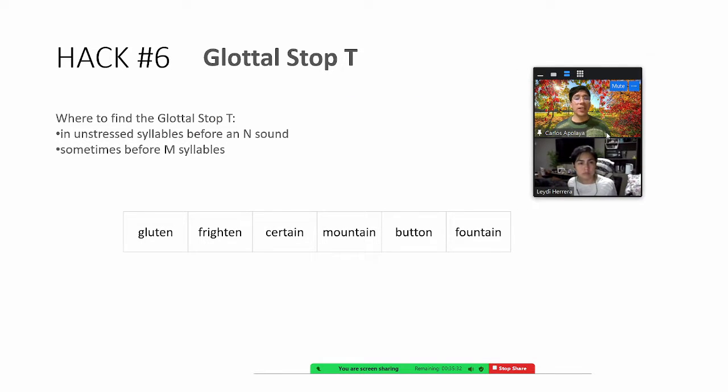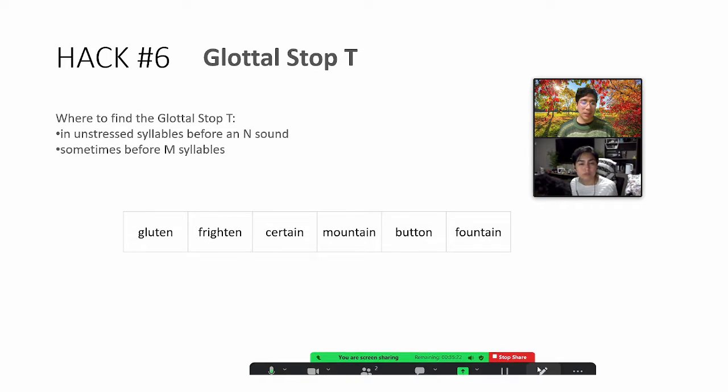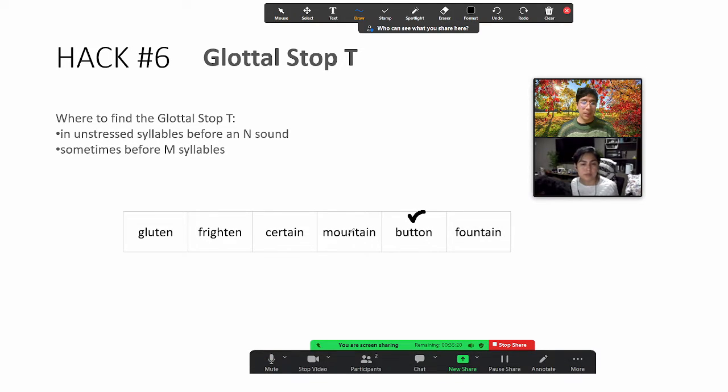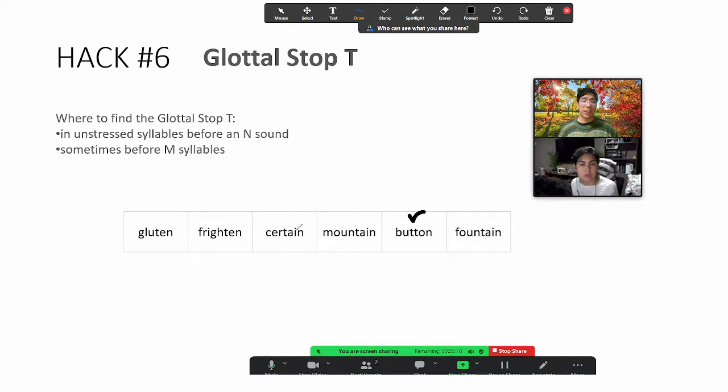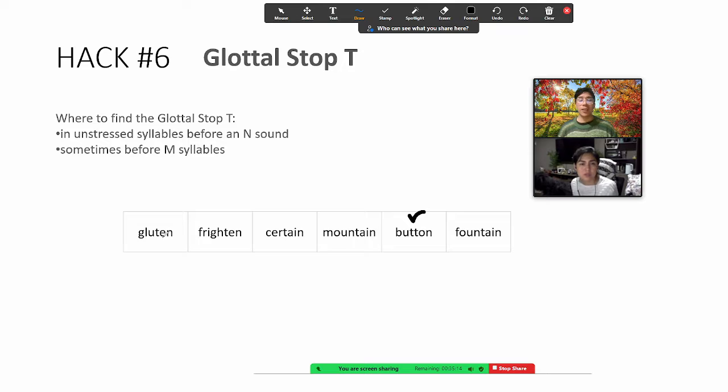Where to find the glottal T? This is rule number 6. In unstressed syllables before an N and sometimes before M. For example, of course, I explained that we say button, right? Button. Yes? Mountain, fountain, certain, frighten, gluten,